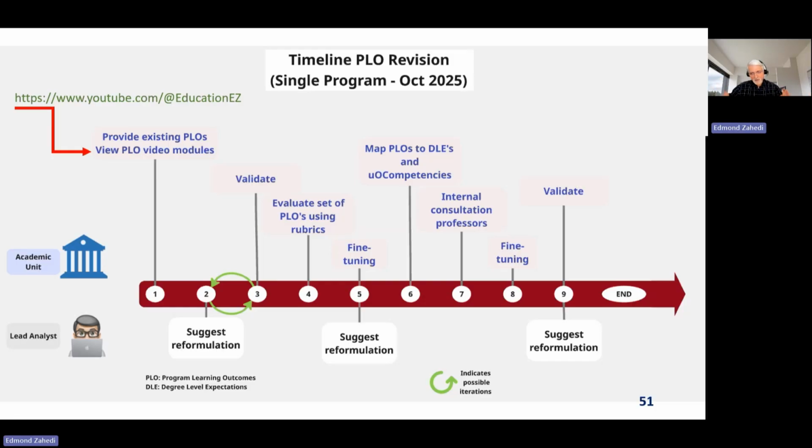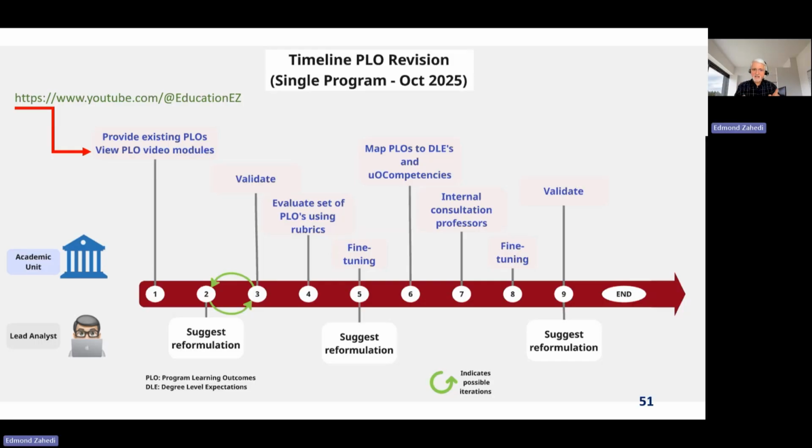From time to time, there is one professor who says, you have left out this aspect of the discipline. And then we need to go back and do some tweaking. This is what happens in phase 8. Usually we give 2 to 3 days to professors to react. So this is a short consultation period.